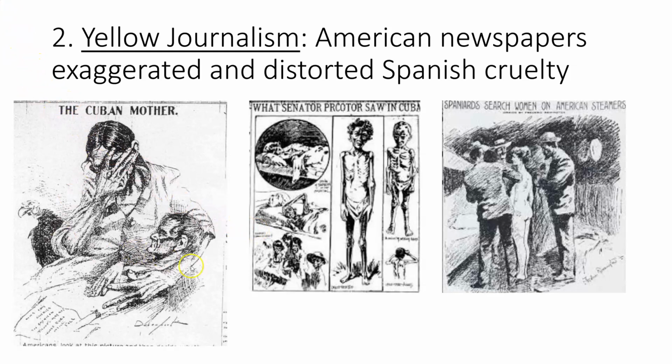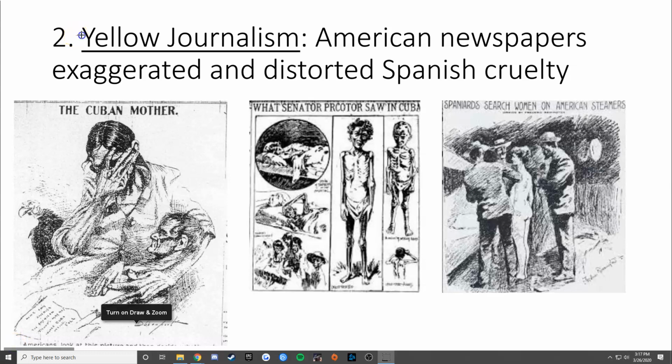So the second reason for American, or cause for American entrance into the Cuban Revolution and the Spanish-American War was yellow journalism. That's a really important vocabulary word. That's why it's underlined up there, my friends. Yellow journalism was a term that was used to express how American newspapers exaggerated and distorted the news. In this case, Spanish cruelty in